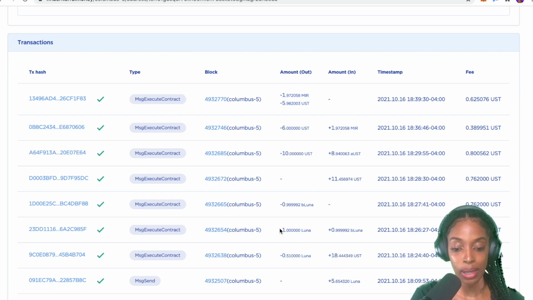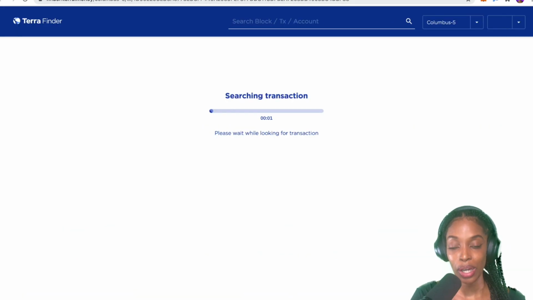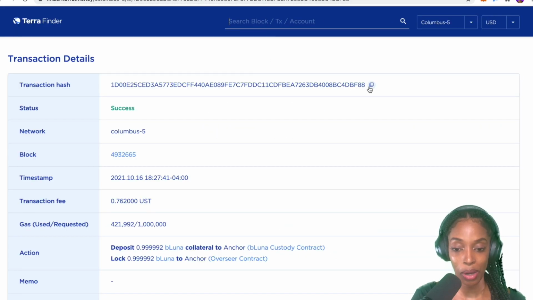So for example, there was at one point where I bonded Luna tokens. So I lost Luna and I got B Luna. And then here I reckon is where I provided B Luna. So I can see if this transaction ID would work with that particular query. So if I copy this transaction ID,